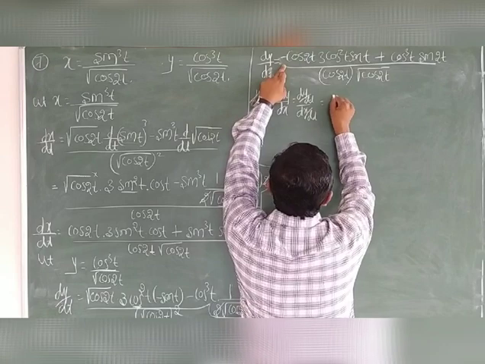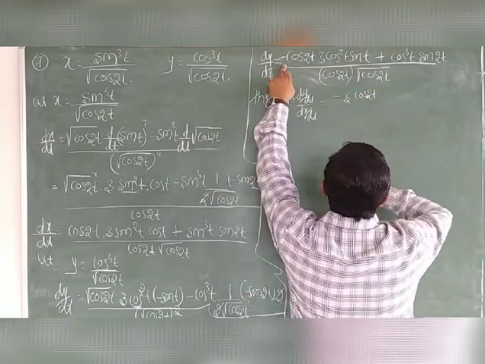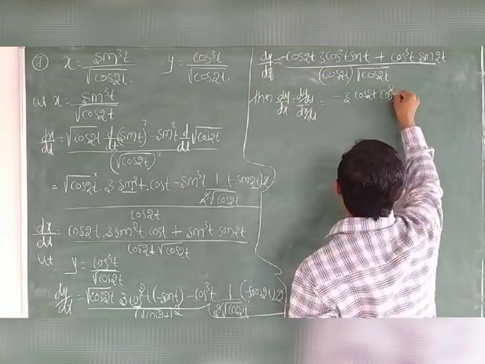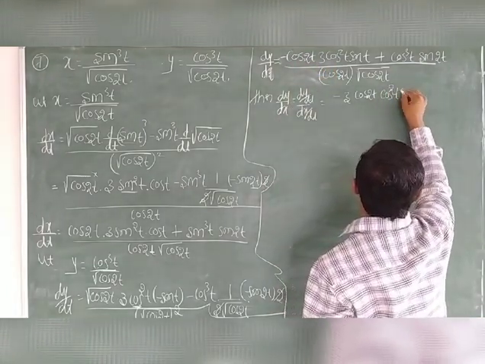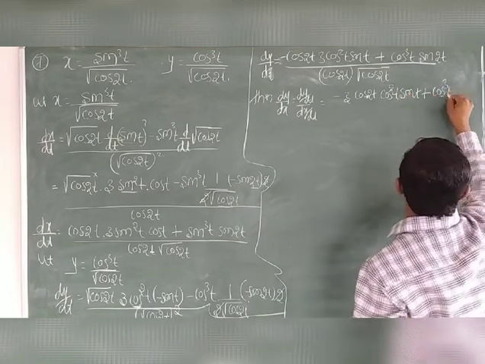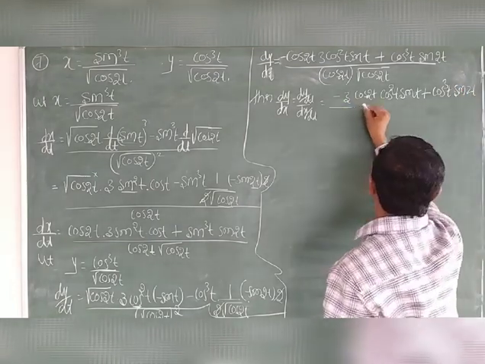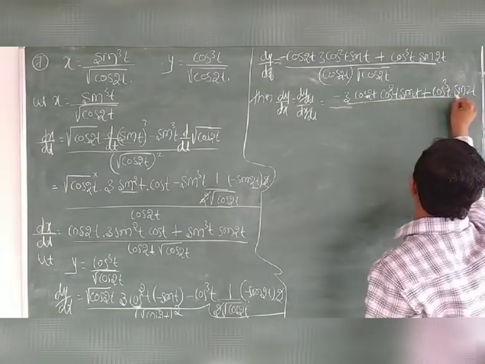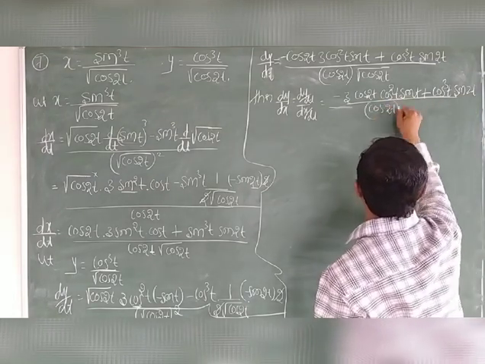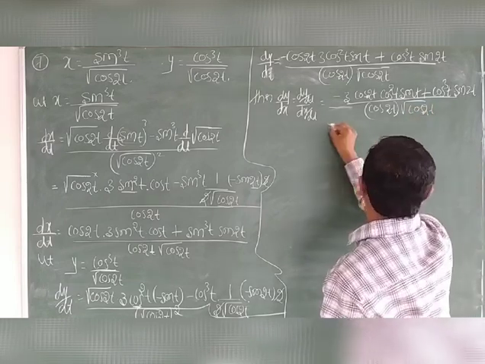This is minus 3 cos 2t cos square t into sin t plus cos cube t into sin 2t, whole divided by this term cos 2t into root of cos 2t, whole divided by